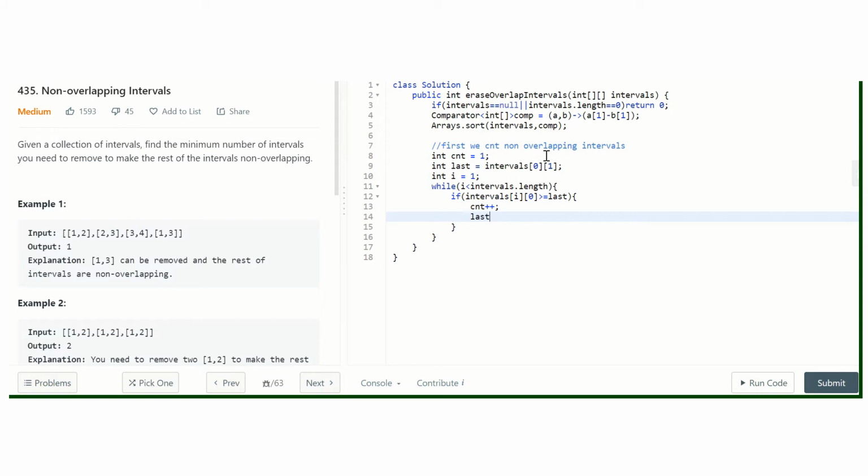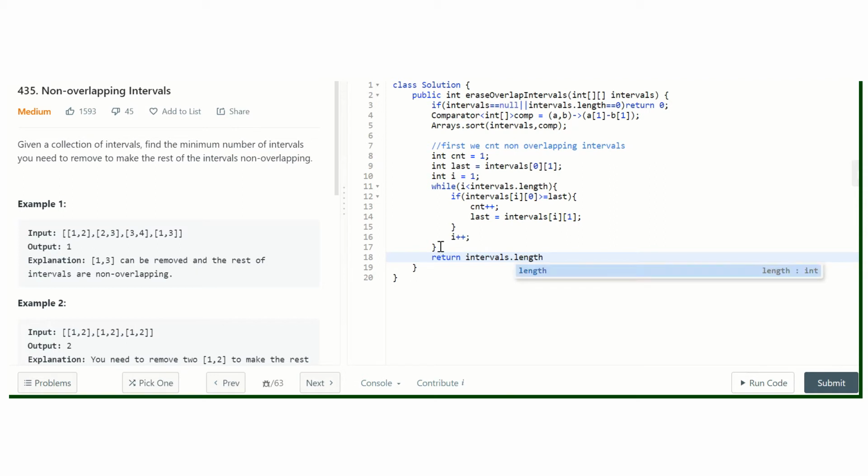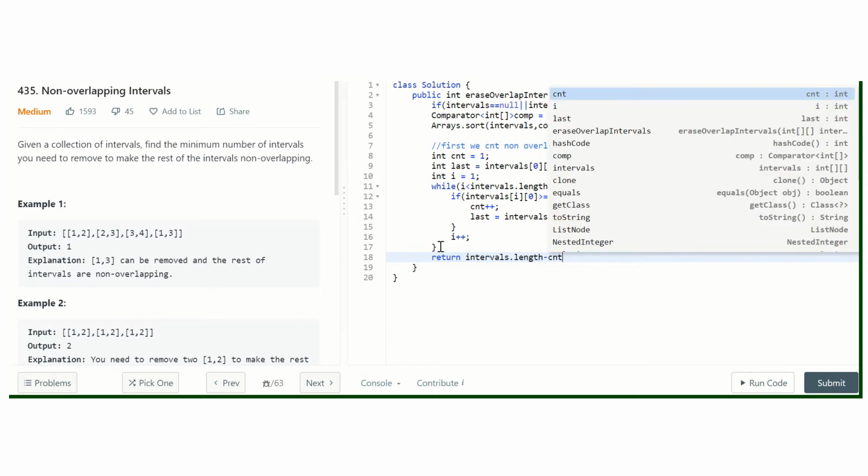Then last equal to intervals[i][1], and we can make it i plus plus. So in the end we can return intervals.length minus count.